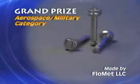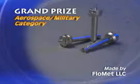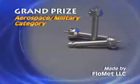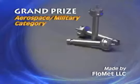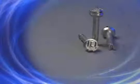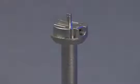Flomet LLC has earned the grand prize in the aerospace military category for a MIM 17.4 stainless steel rotor that goes into a lightweight, tandem-placed munitions device for the U.S. military. The complexity of the component, with its 4 holes on 2 perpendicular planes, 2 angled slots with square corners,